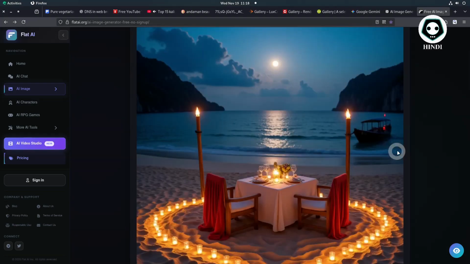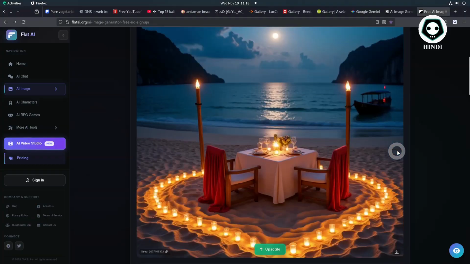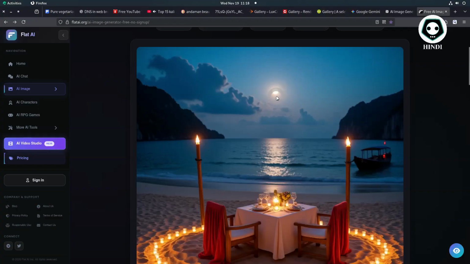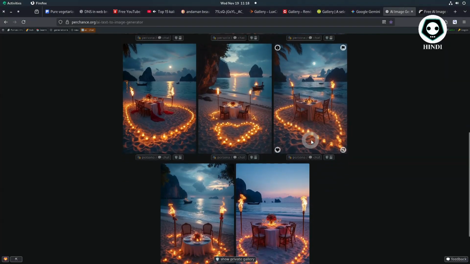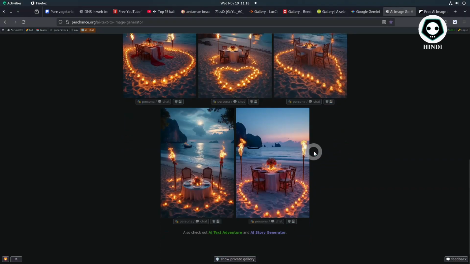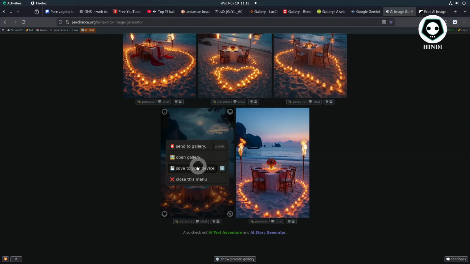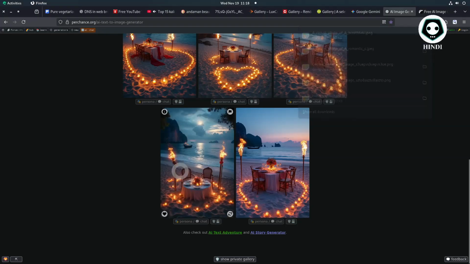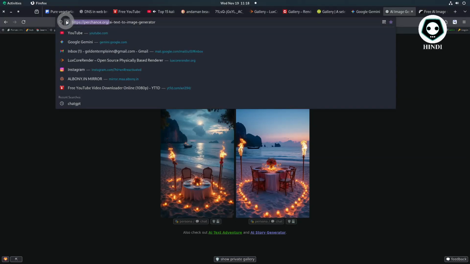This looks good, but this is the sun. This is the sun, not a moon. This is the sun, but in dark. So you can see here, this one is good. The heart shape is not perfect but a natural heart shape.